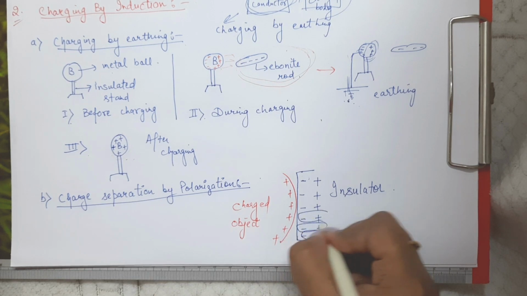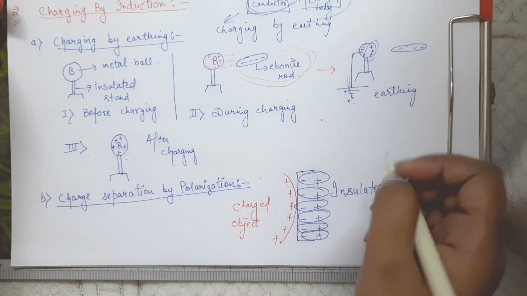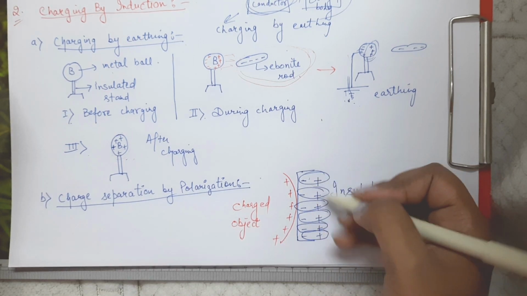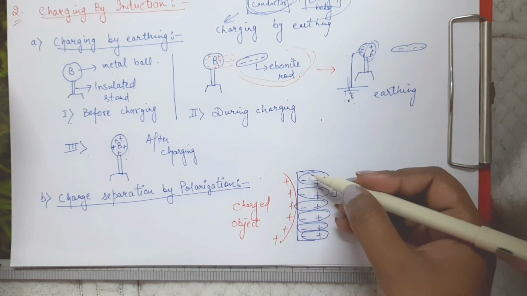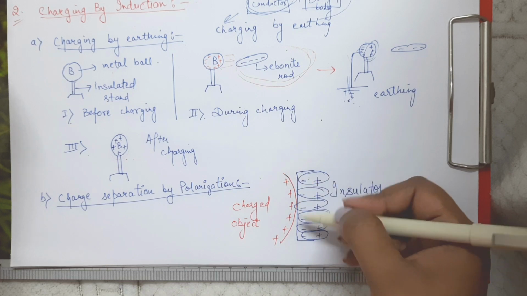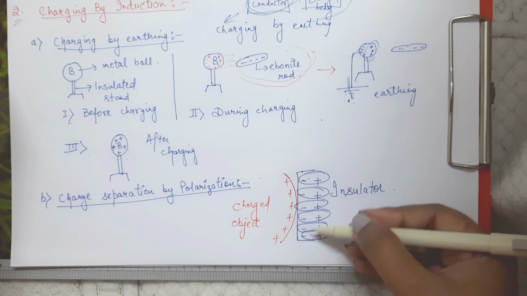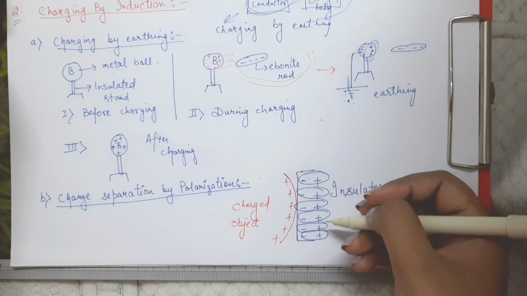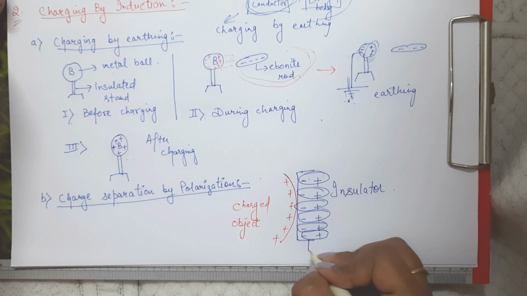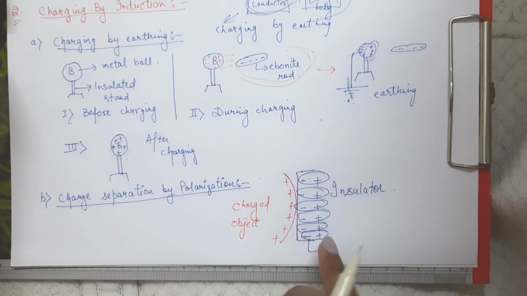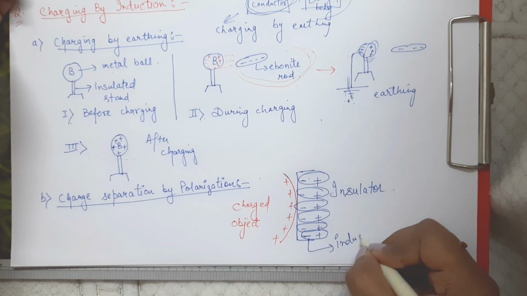So these dipoles will be arranged somewhat like this in an insulator. So in an insulator, these kinds of dipoles are generated because we are having a charged object here, so it is a positively charged one, so it will attract the negative charges towards itself, and because negative charges are here, so definitely positive charges are going to be here. So here separation of charges has happened. So this is known as induced charge, right? So this charge which is induced due to the presence of this charged object, this is known as induced charge.